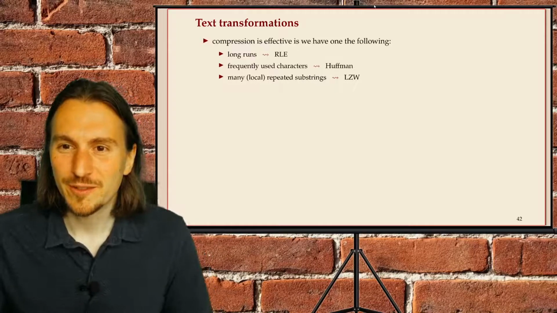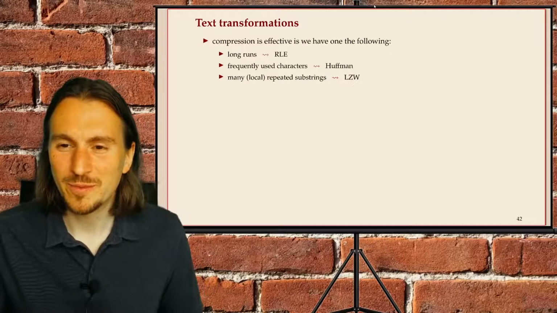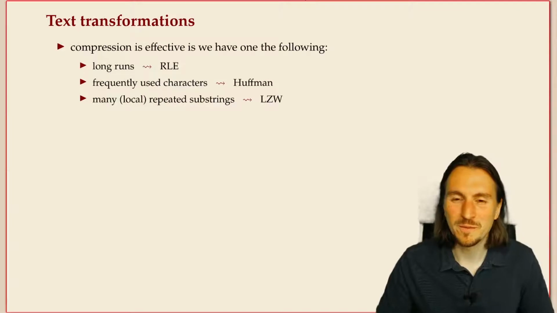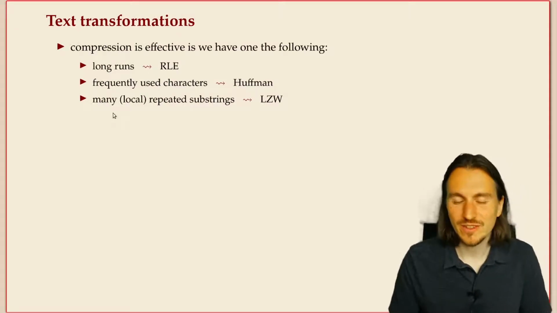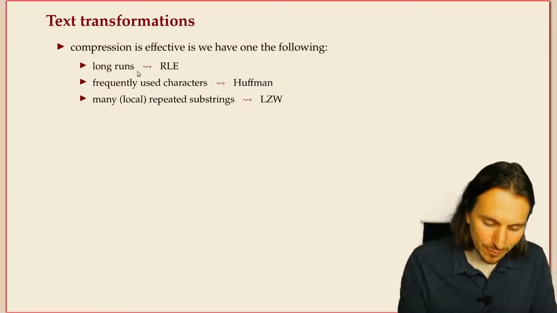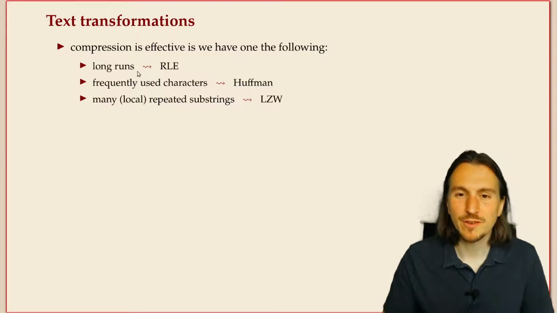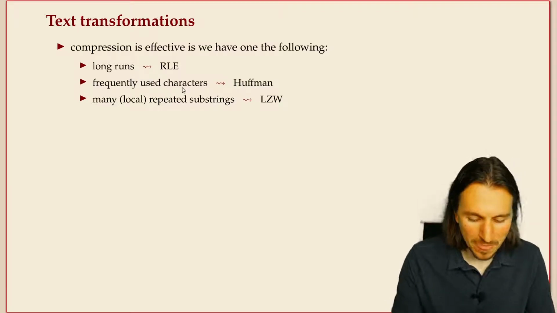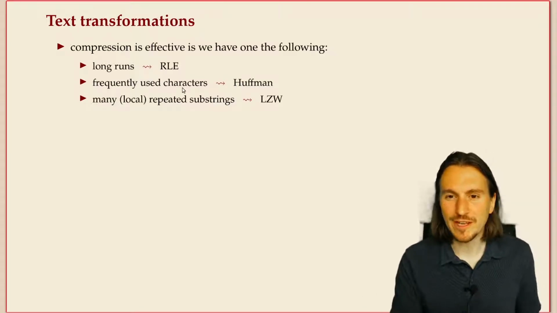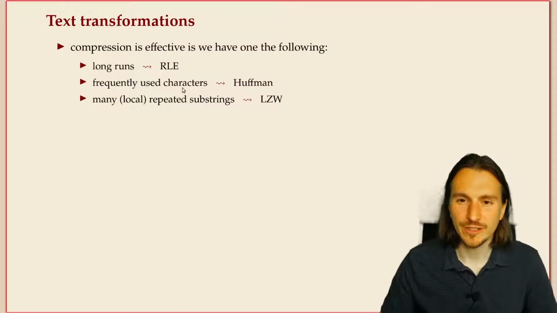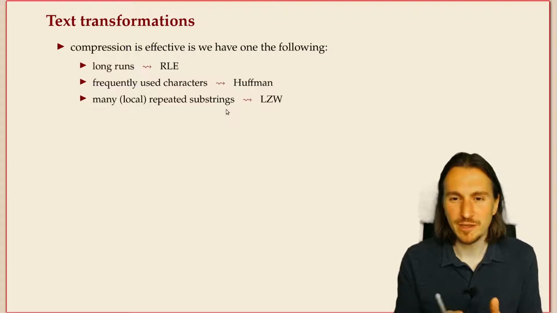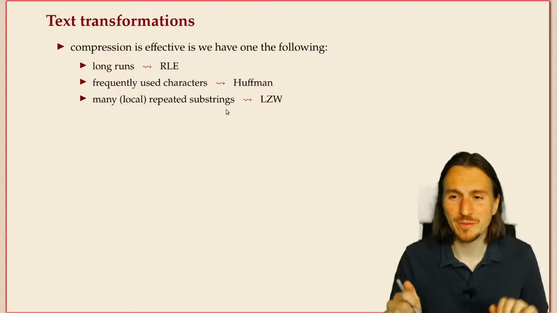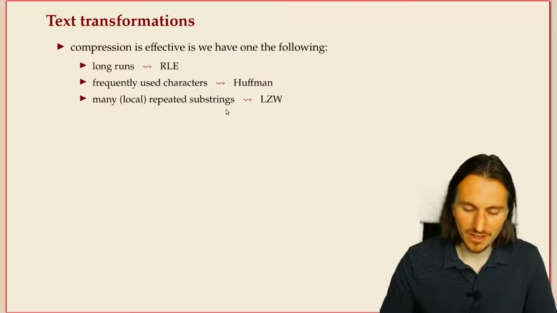So the idea of text transformations is to help compression methods overcome limitations. What we've seen so far is that certain methods can exploit certain types of redundancies. For run length encoding, these are long repeated runs of the same character. For Huffman, it's some characters that are very frequently used and others infrequently. And for Lempel-Ziv-Welch, if we have many repeated substrings not too far spread apart because of the dictionary size, then